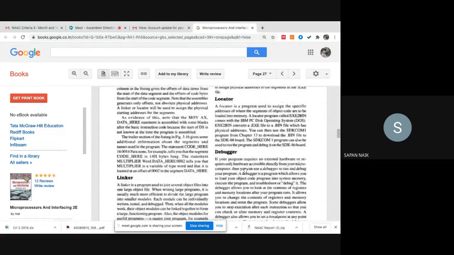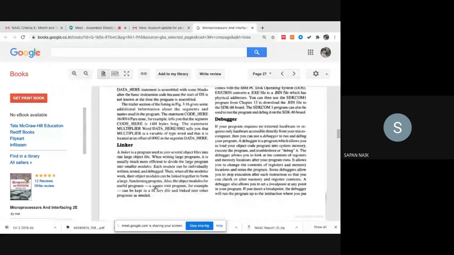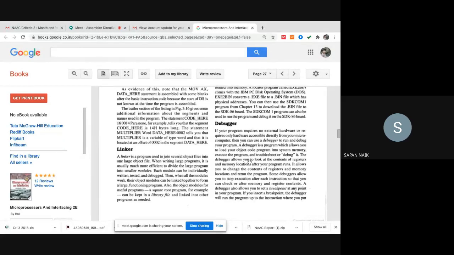Now, next is the linker. As we have already discussed, there are things available in your code which are already predefined, or you are using them in your code also. Suppose you take the example of C language, then the linker can link 2 or 3 files of a C program. In the same way in assembly language, if you have 2 to 3 modules and you are using both modules in a single program, you need the linker to link your programs.